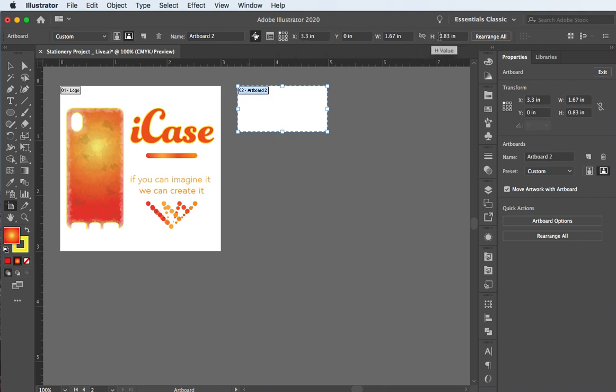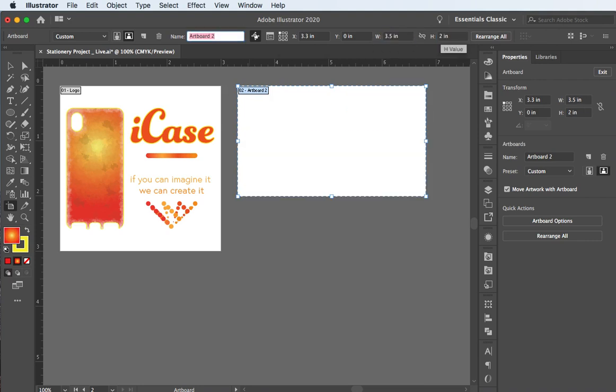With the lockdown, I'm going to go back over to width, and I'm going to say 3.5. And then in height, I'm going to say 2. And then, look, it's locked down. I didn't have to worry about it moving. I am happy. Everything is awesome. Okay, so for name, I'm going to say business card